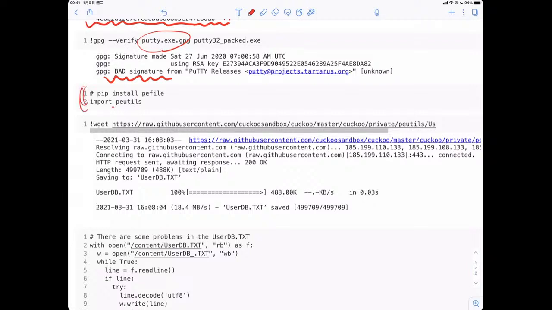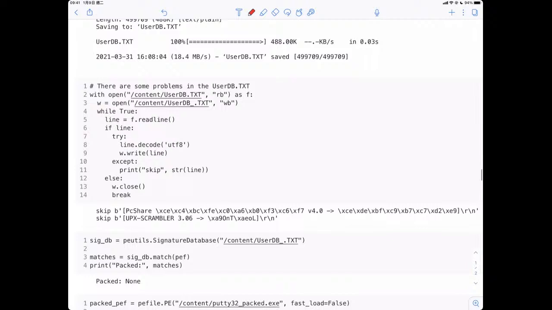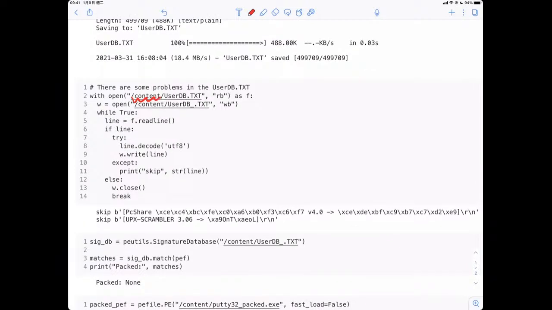If you install the PE package, there's another package called PE utilities, pefile's peutils. You can download a reference file from somewhere, and feed this reference file into your program.